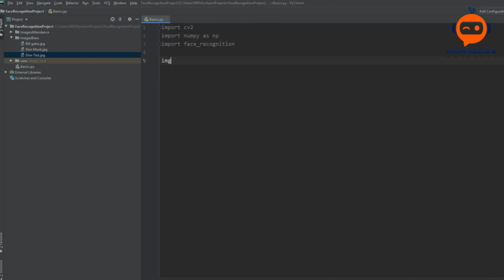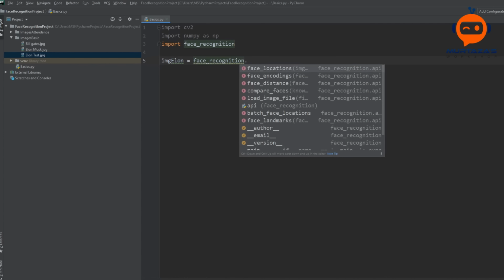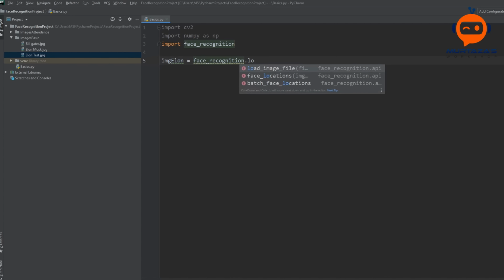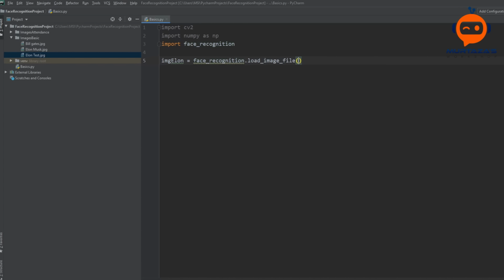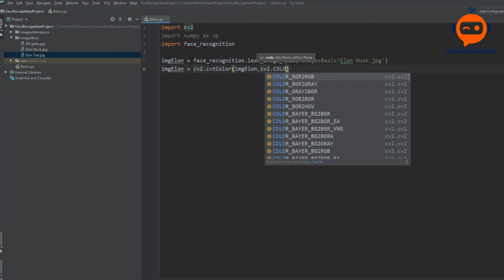So we will write imgElon equals face_recognition.load_image_file. It gives us a function to load images, so that's why we are using this. So we have images basic, and then we have Elon Musk. Then we will convert this into RGB. So we will use cv2.cvtColor, and then we will write imgElon, and we will write cv2.COLOR_BGR2RGB.